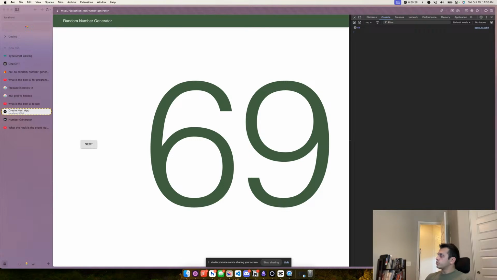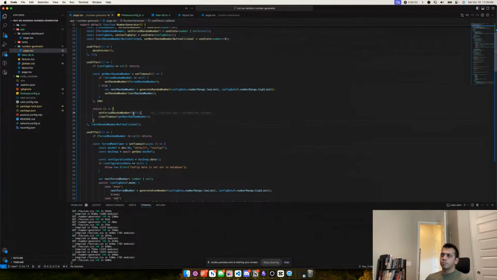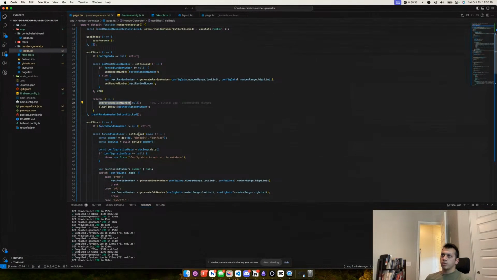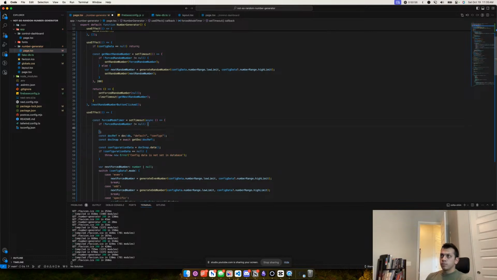Okay, I'm starting to think we actually want to clear it once we hit the set timeout. So if it's not null inside of set timeout, then we want to set it to null